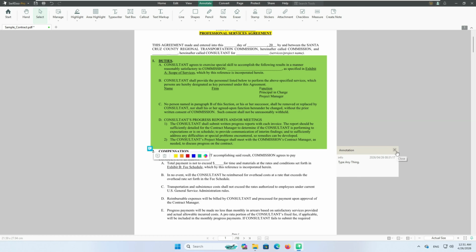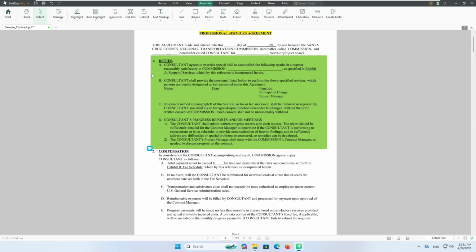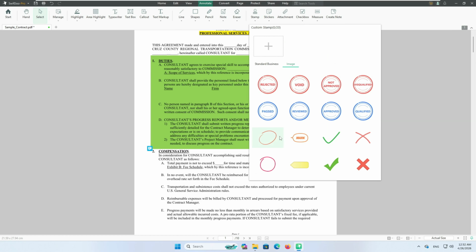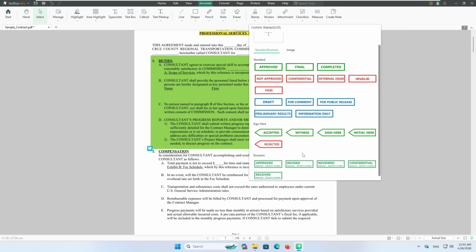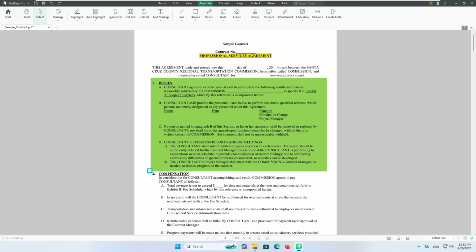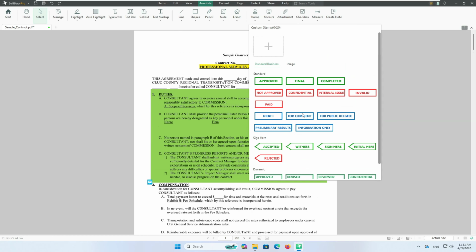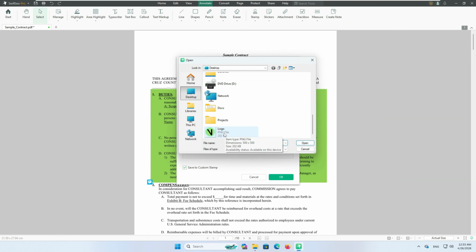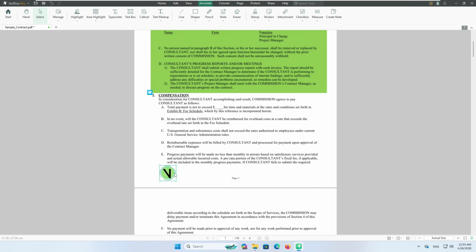Need to leave a detailed comment without cluttering the page? Drop a sticky note anywhere on the document and type away. Want to stamp a document as approved, confidential, or draft? The built-in stamp library has you covered, and you can even create custom stamps for repetitive workflows. You can also insert shapes, arrows, and freehand drawings to visually emphasize specific sections, making collaborative feedback crystal clear for